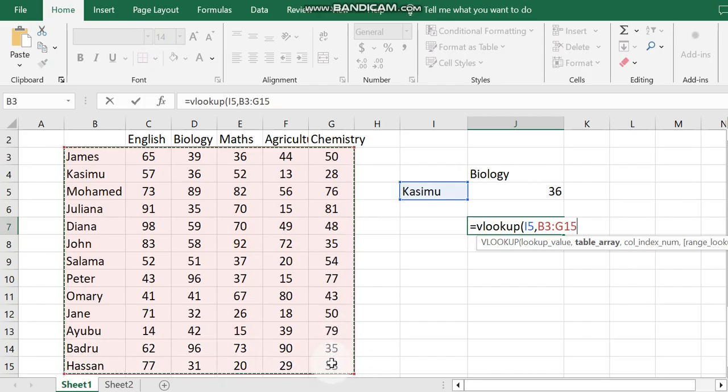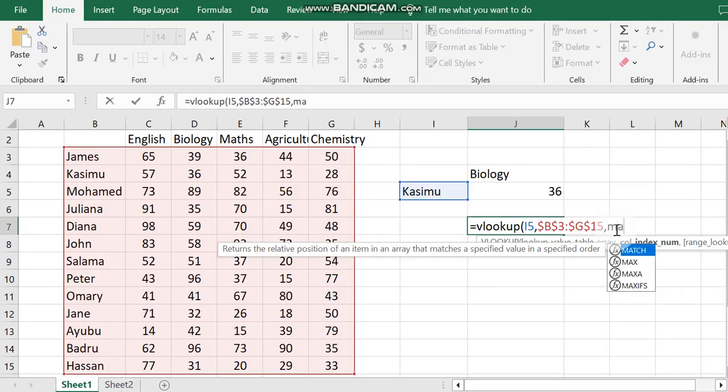Then we lock by pressing F4 on the keyboard, then comma. Here is where we are supposed to write the column number. Since this number will be changing, we incorporate it with the MATCH formula. Then we write MATCH